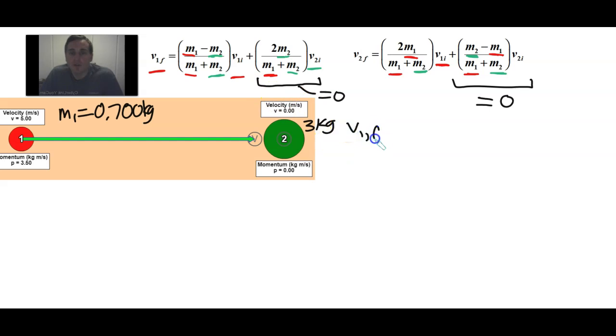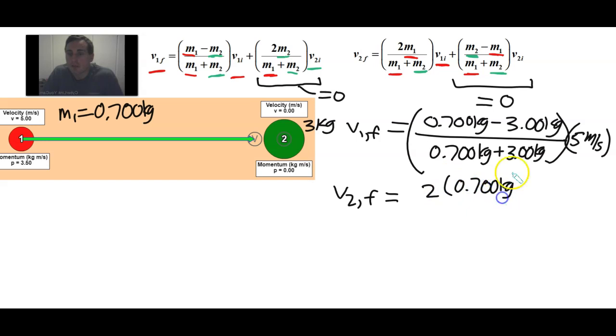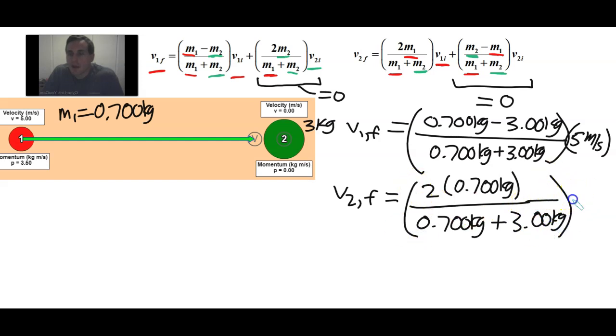So we can say V1 final is equal to 0.7 kilograms minus 3.00 kilograms divided by the sum of the masses. So that's going to be 0.7 kilograms plus 3.00 kilograms. That whole thing times the initial velocity of mass 1, that's 5 meters per second. And then we can do V2 final is equal to the same sort of thing, but it's 2 times mass 1, so it's 2 times 0.7 kilograms all over 0.7 kilograms plus 3.00 kilograms times 5 meters per second. Okay, so V1 final